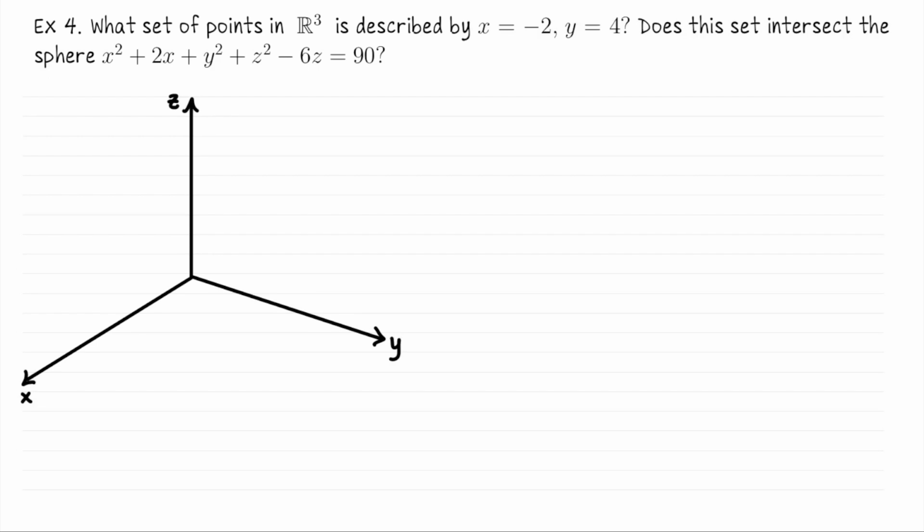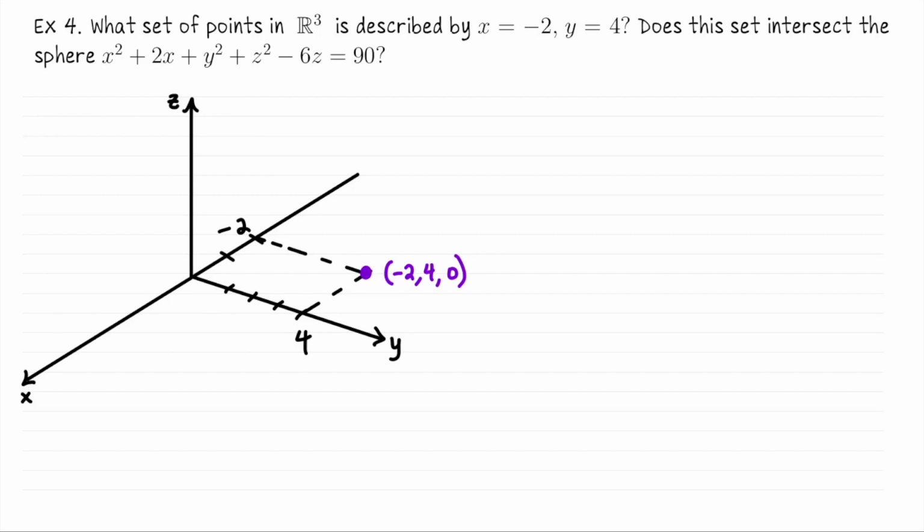For this, I'm going to need to go down the x-axis in the negative direction, so let me include that part of the axis. Okay, so we'll come out to -2 on the x-axis and 4 on the y-axis. If I let z equal 0, but satisfy the equations x equals -2 and y equals 4, we would graph the point (-2, 4, 0). Okay, I think that's the best I can do. So here's the point (-2, 4, 0).